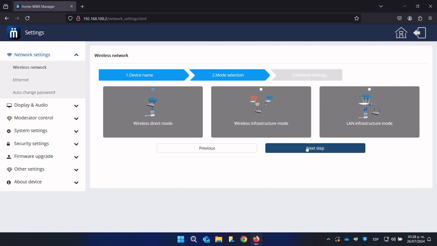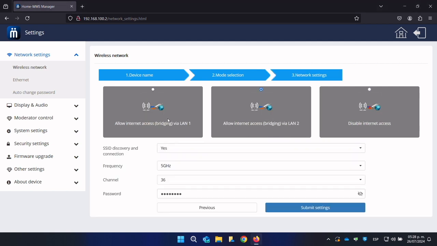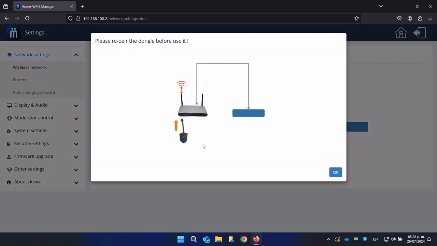The ShareBase will generate its own Wi-Fi network, and we have the option of granting it internet access from port 1 or 2, or to deactivate internet access. Also, if the Wi-Fi network is hidden, we can select its frequency, channel, and password. Click Submit Changes. We'll have to reconnect the dongle or the dongles to the ShareBase so that they're configured correctly